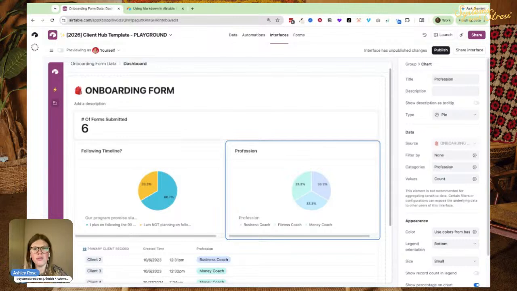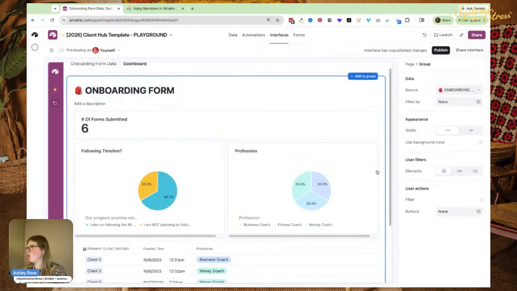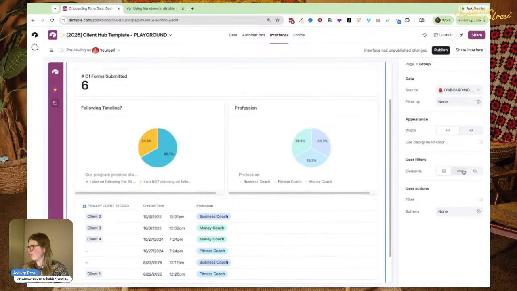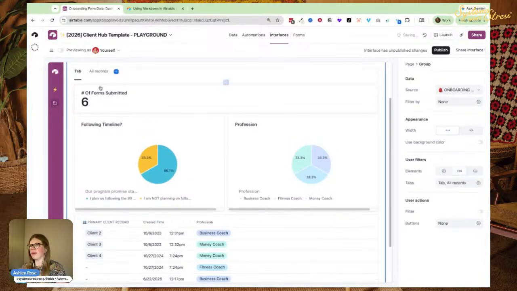Ashley asks, is there a way to filter on interfaces for specific timeframes for the whole interface, or is it just by an element thing? So something that you can do, I like this, I always like to use tabs. You can do a tab, or you can do a drop down for the filters. So if I did a tab and I'll say